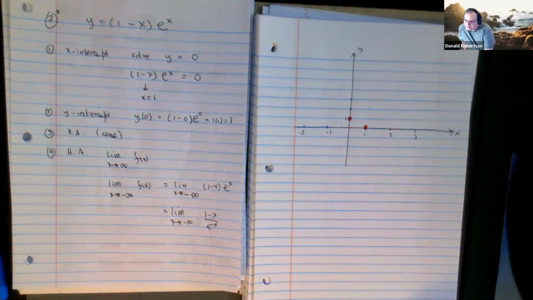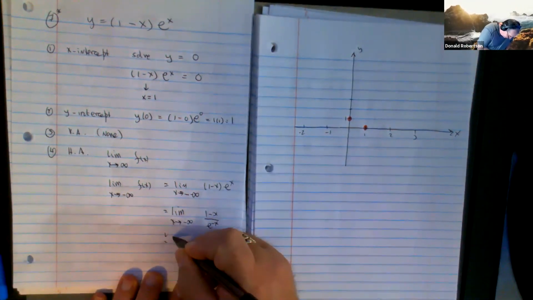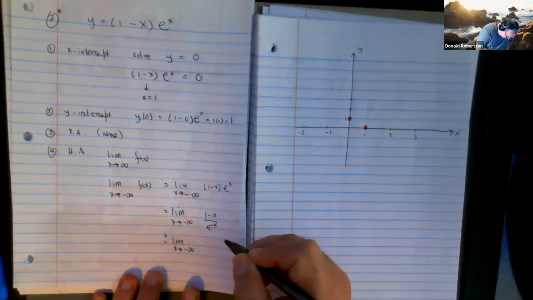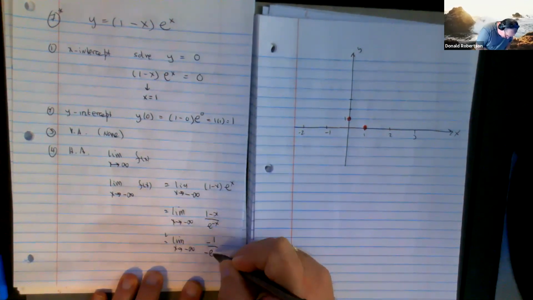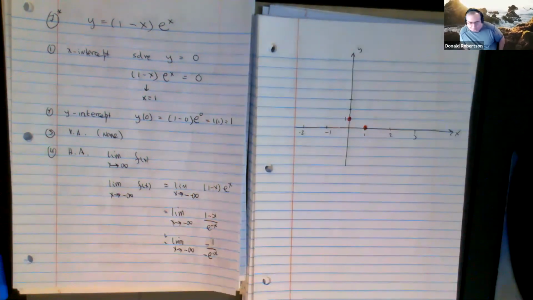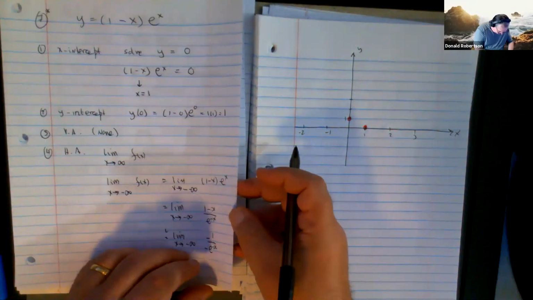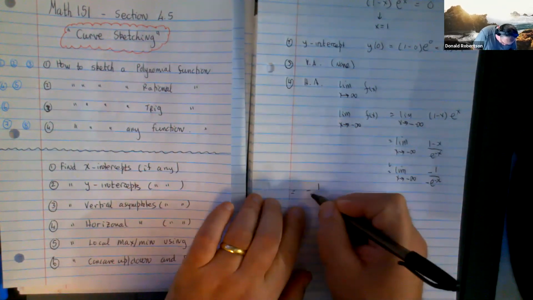Isn't e to the x on the top the same as e to the negative x on the bottom? It's a little algebra trick, but we've done that before. Now, if you do L'Hopital on this, you differentiate the top, you get -1. You differentiate the bottom, you get that. Now I'm going to plug infinity, and actually negative infinity, into this expression. So it's going to be -1 over e